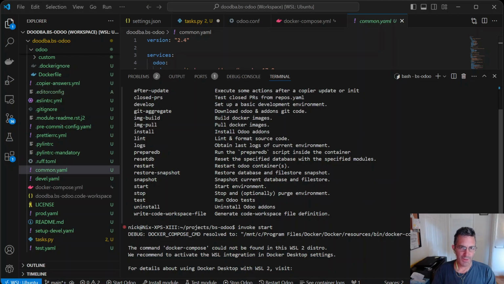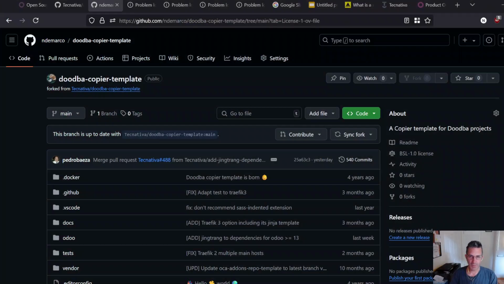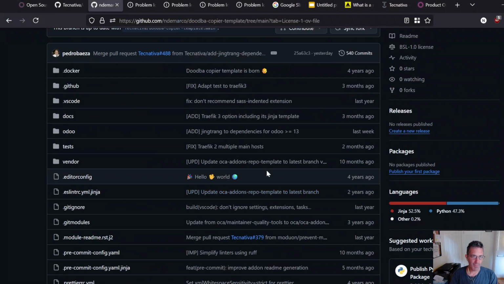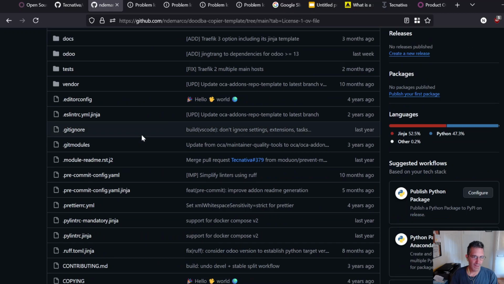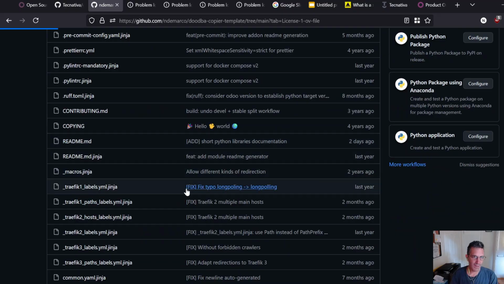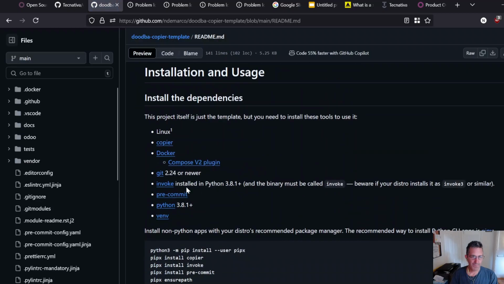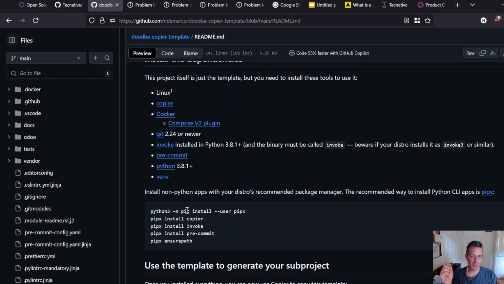So to get started with this, while it's still starting here, I'm going to talk about something else. If you go back here to the Doodba copier template, and we look at the README, it is going to tell you some things that you need to do. Before we get going, and this is a Linux system, I'm using a Debian Ubuntu installation. You're going to have to install pipx, and then you're going to install these non